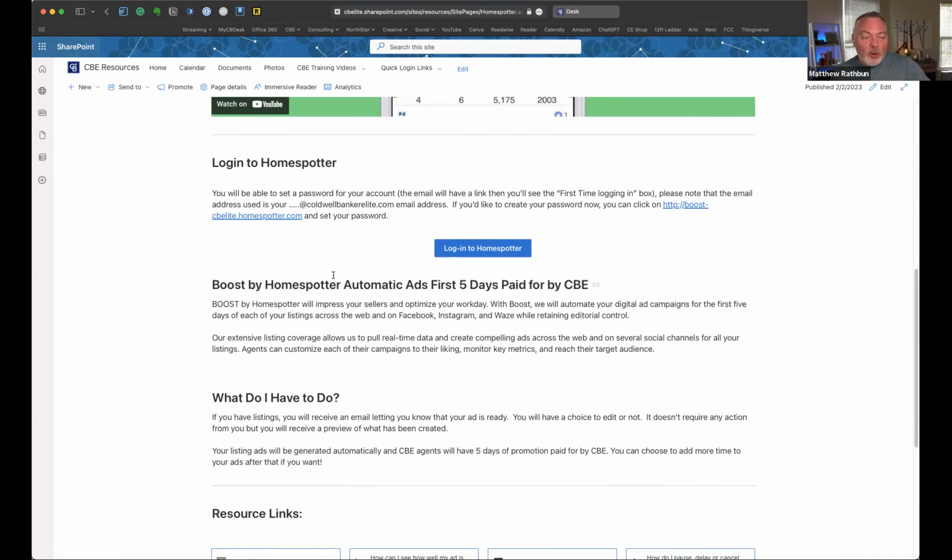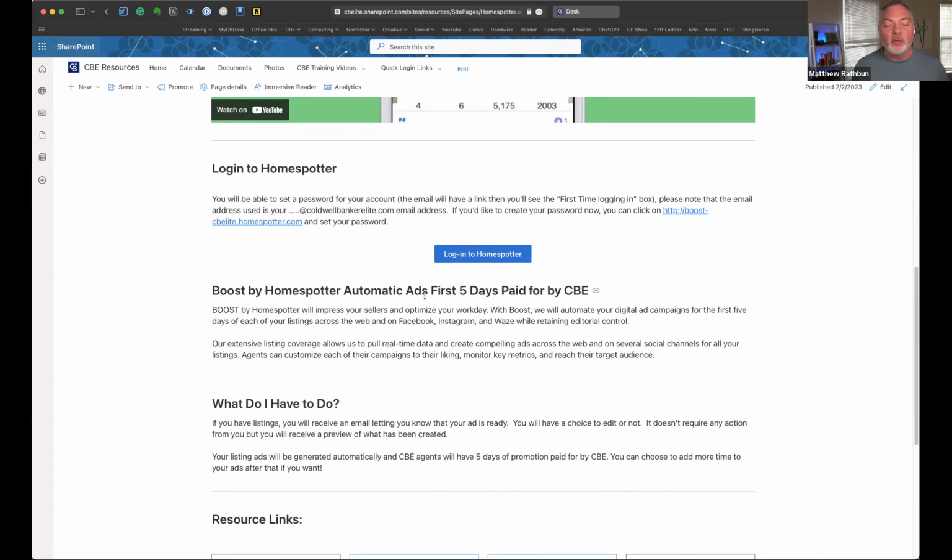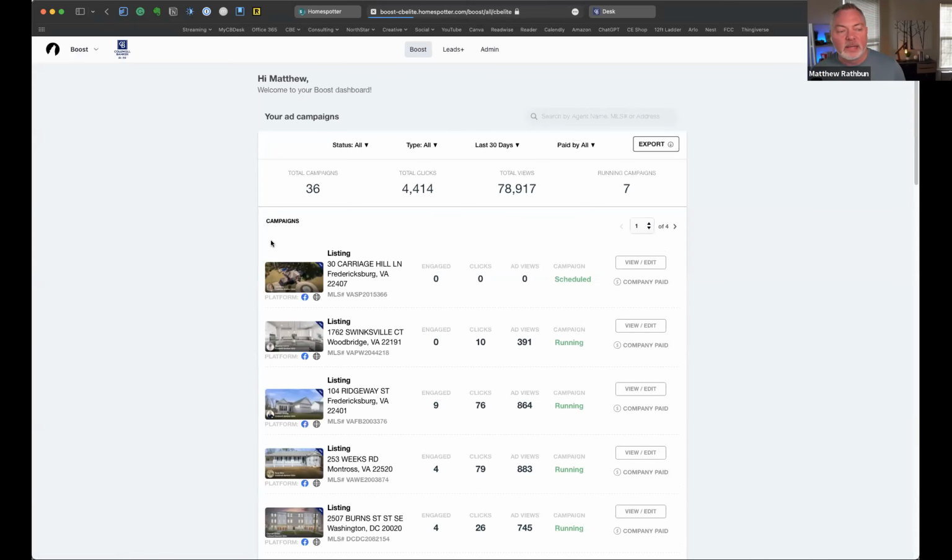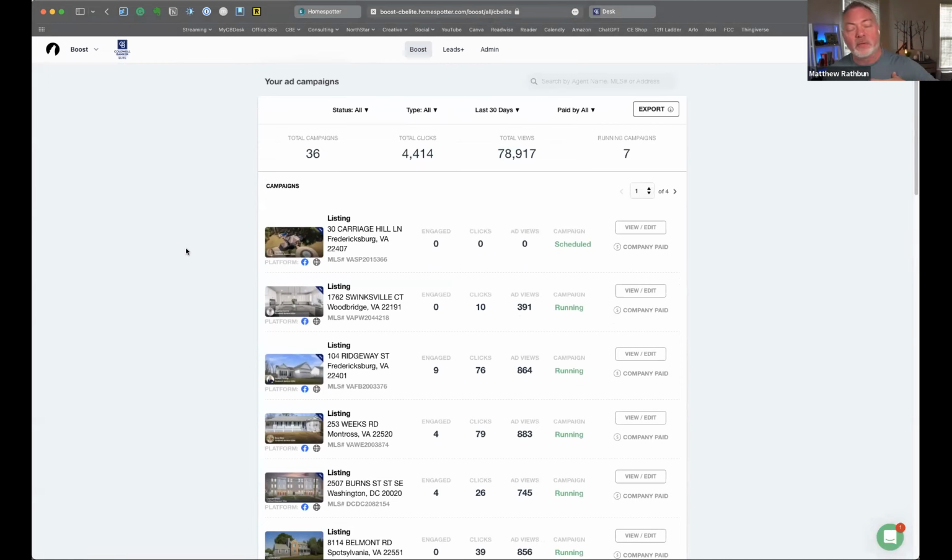Ways. So you can log into HomeSpotter. Here's what agents don't get about this. This is an incredibly cool tool. So when I go into HomeSpotter, it's going to give me some analytics. And we talk about this in other classes, but I just want to say, if I'm going for a price